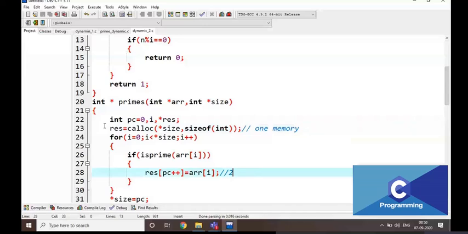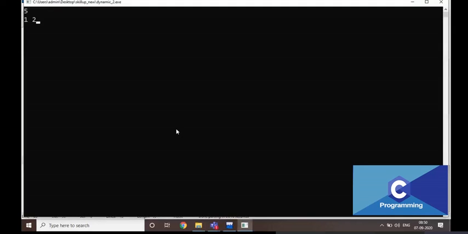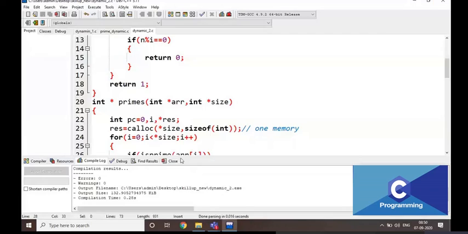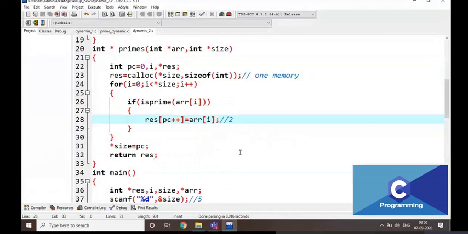They are going to allocate, for example, what is the size of the array? They are going to allocate like this. 5, 1, 2, 3, 4 and 5. The output is 3, 2, 3 and 5. That's it. This is the simple notation. What is the maximum size, the size of the array? 5. That means the primes count also is a maximum of that size only. That's why they take it like this also.